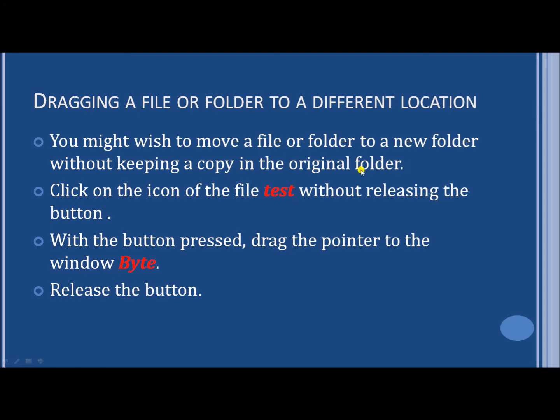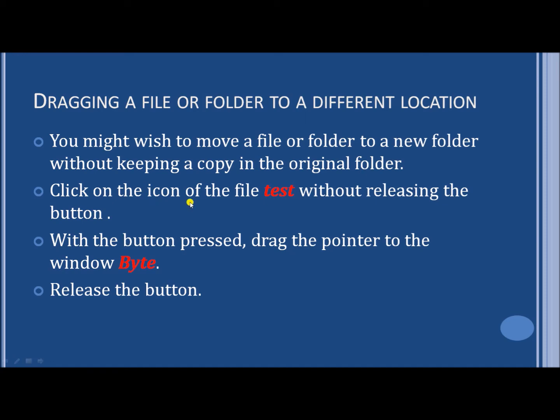That means we don't want our original copy to stay there, but we want to move it altogether. We don't want it to be present in the previous location as well, but we want to change its location.